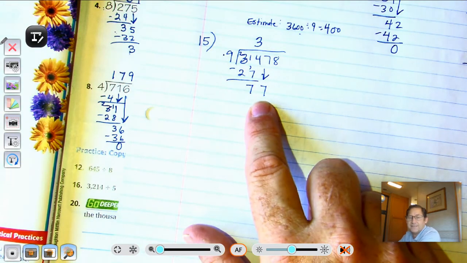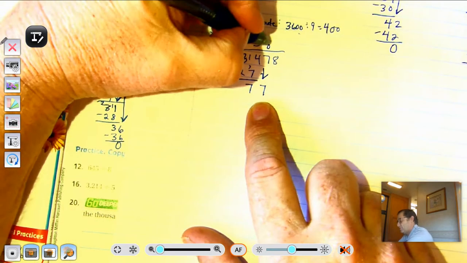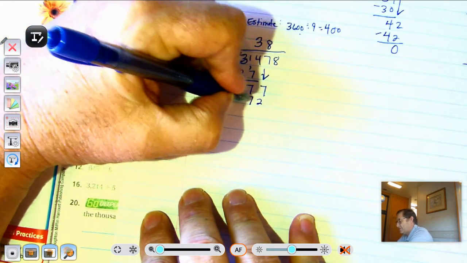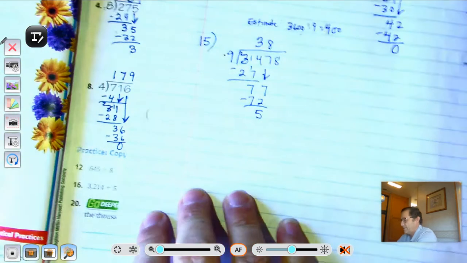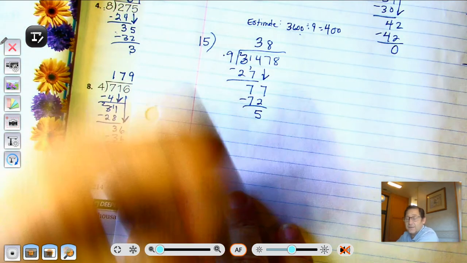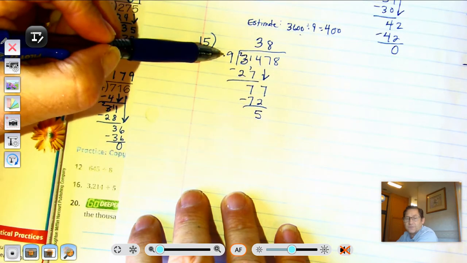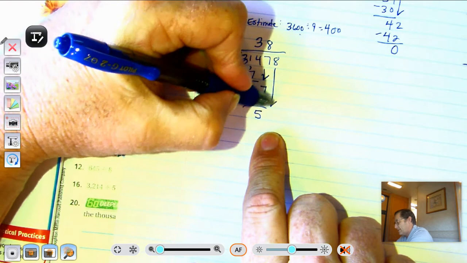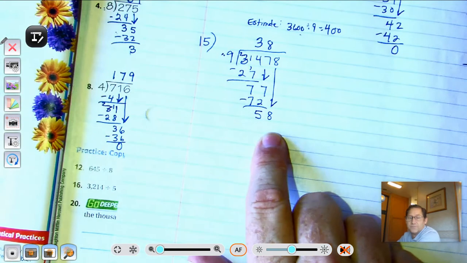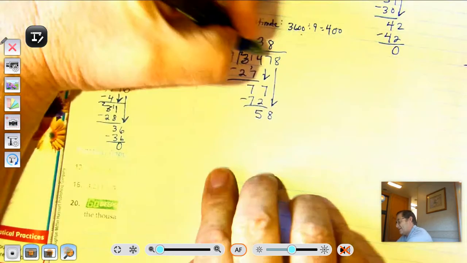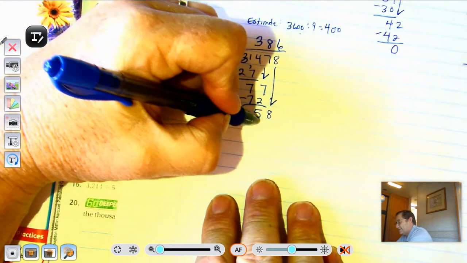So 77 tens divided by 9, closest we can get is 8. 9 times 8 tens, 72 tens, we're left with 5 tens, which can't be shared with 9 groups. So let's trade the 5 tens for 50 ones, and there are 8 ones already in the problem. So 58 ones. 58 ones divided by 9, closest I can get is